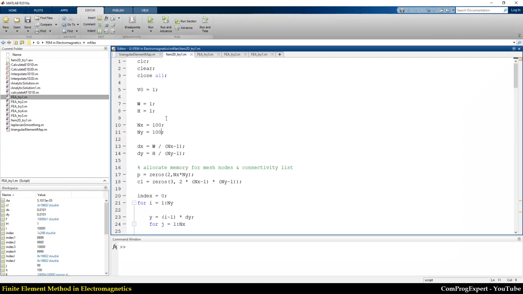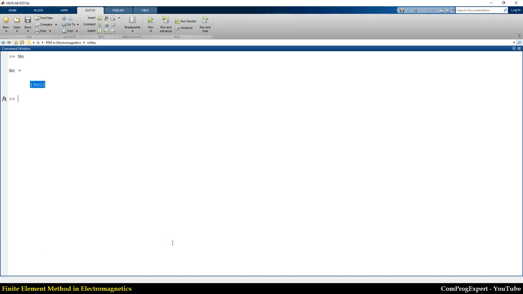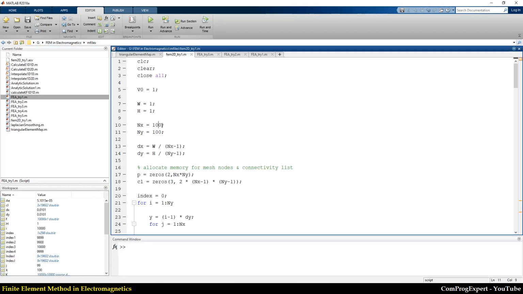And when nx and ny are equal to 100, number of elements is equal to 19,000. And as you can see here, the running time is good, right? And if I increase nx and ny and run the code again,